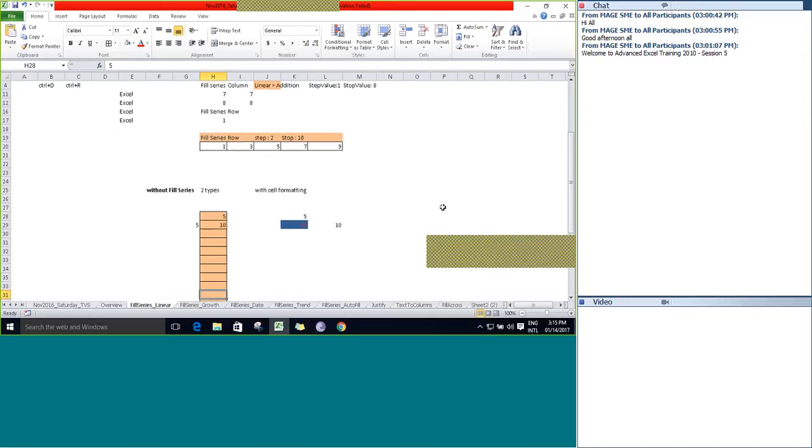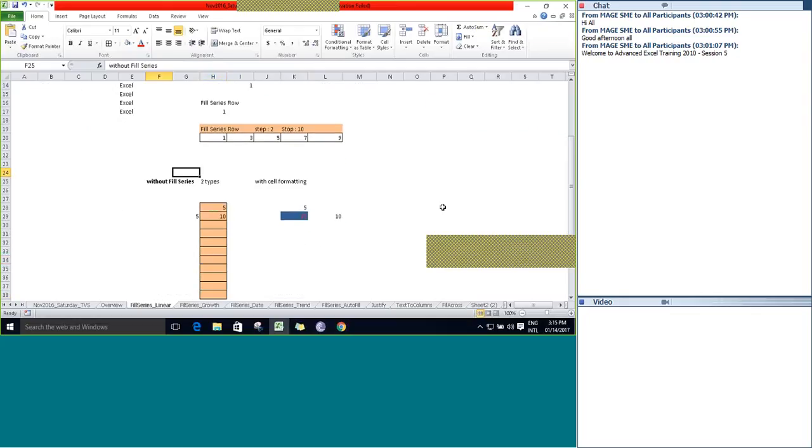How can the same be achieved without the command fill series in Excel? So let's see how to achieve the same kind of string pattern without using the command fill series.